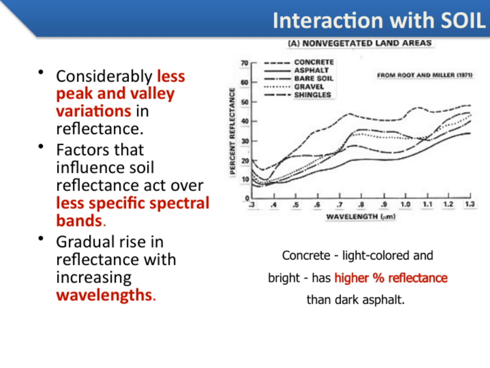Finally, as wavelengths increase, we see a gradual rise in reflectance. So the reflectance doesn't just jump suddenly. It slowly increases as we move to longer wavelengths, which is an important aspect when interpreting remote sensing data. All of these points tie back to the overall theme of understanding how different surfaces and materials interact with light, which is crucial for accurate remote sensing analysis.